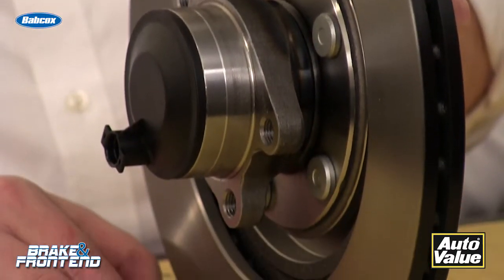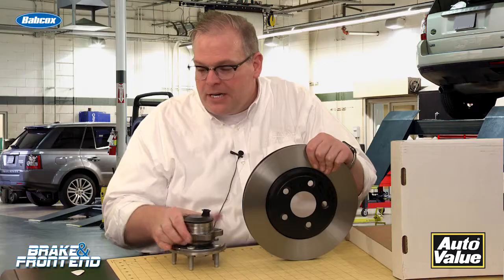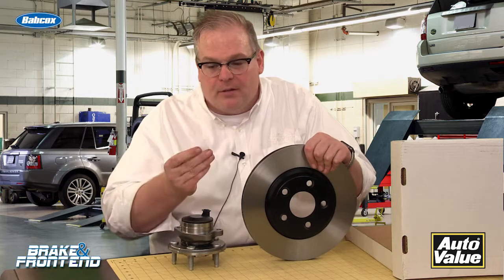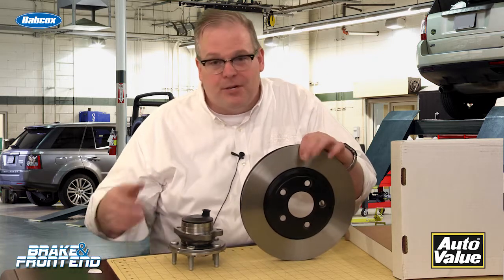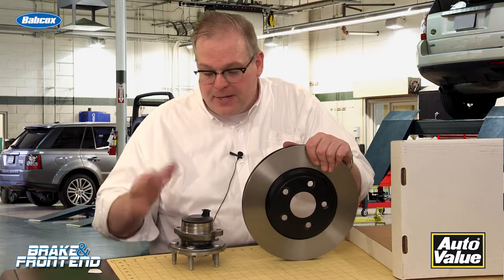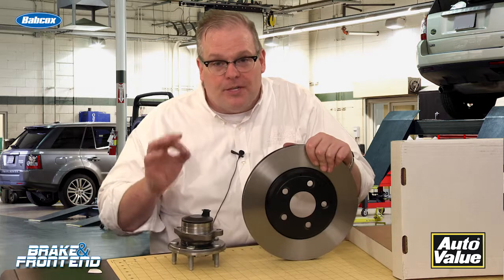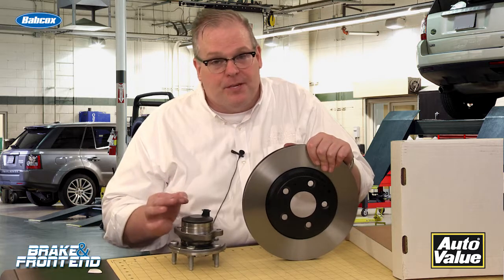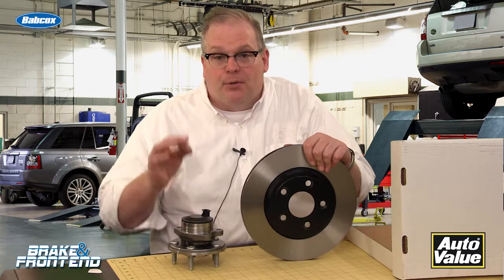First of all, make sure that everything is clean. Corrosion can lead to lateral runout. Something as small as this piece of paper can induce 1/1000th worth of lateral runout in a rotor. So you can imagine what corrosion can do to the interface there. When it is installed on the vehicle, you also need to correct for that lateral runout. So this means either using an on-the-car brake lathe or a tapered shim that fits between the rotor and the